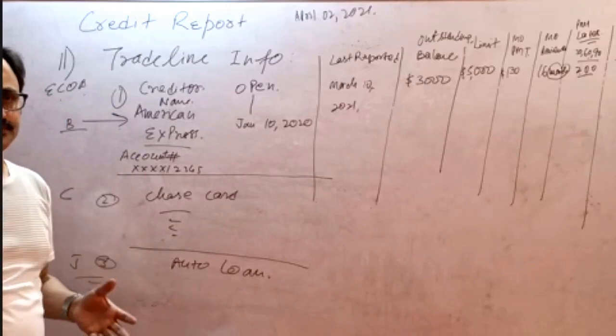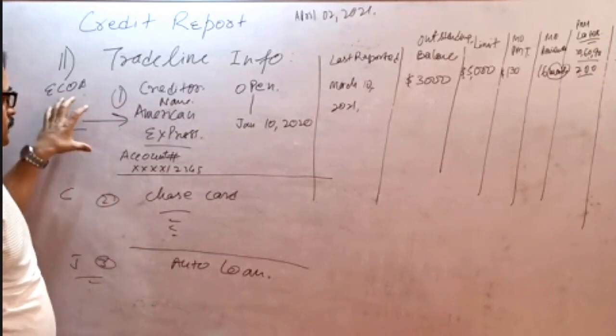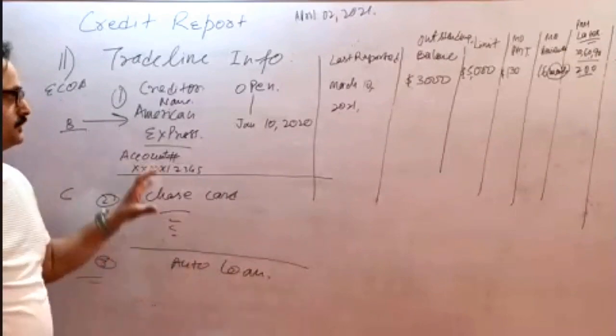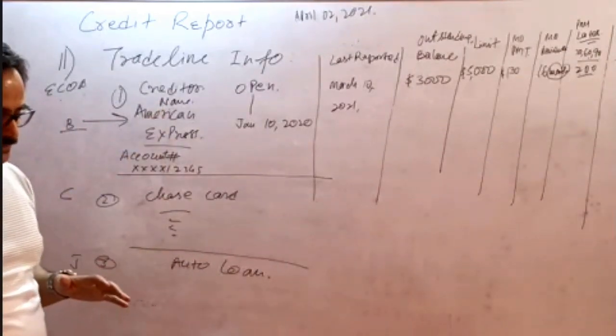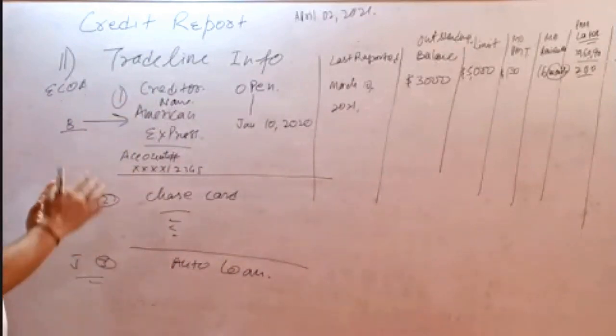Unless we need some information from them, then only we need to identify, okay, it is for the co-borrower, it is for the borrower only. But this is how all the trade lines, all the accounts will be written. Now that I just going to give you, are we clear with this? How the trade lines are going to appear?